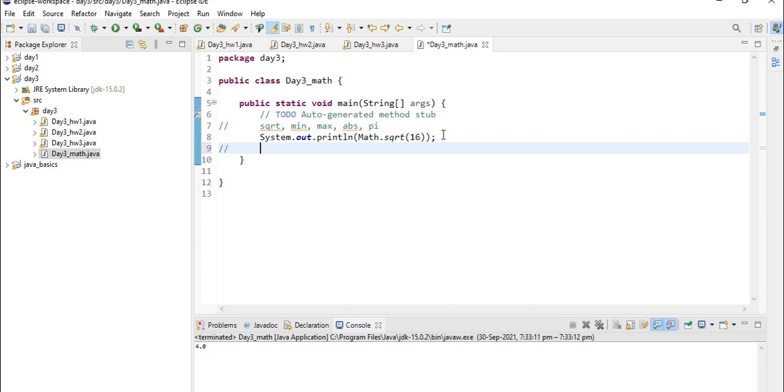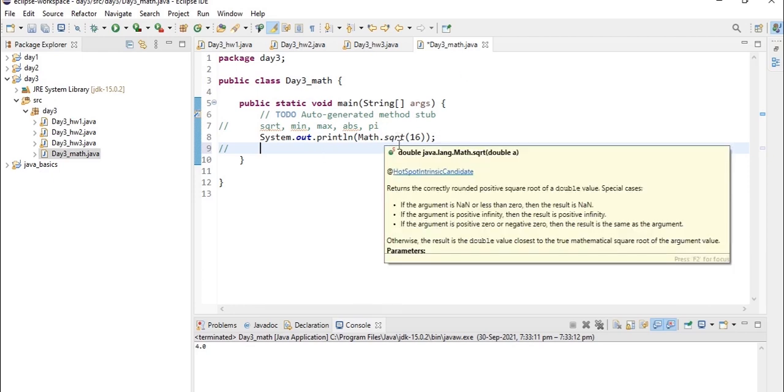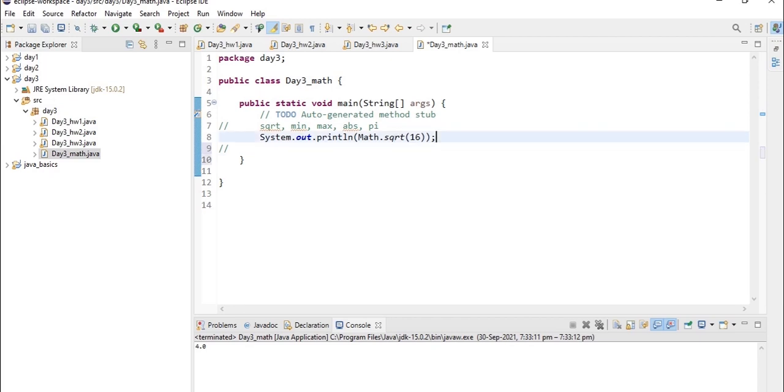So now let's print out the value of pi. Before that, the sqrt method is a method which is used to get the square root of a number in Java, and it is denoted by sqrt. Now let's print the value of pi.